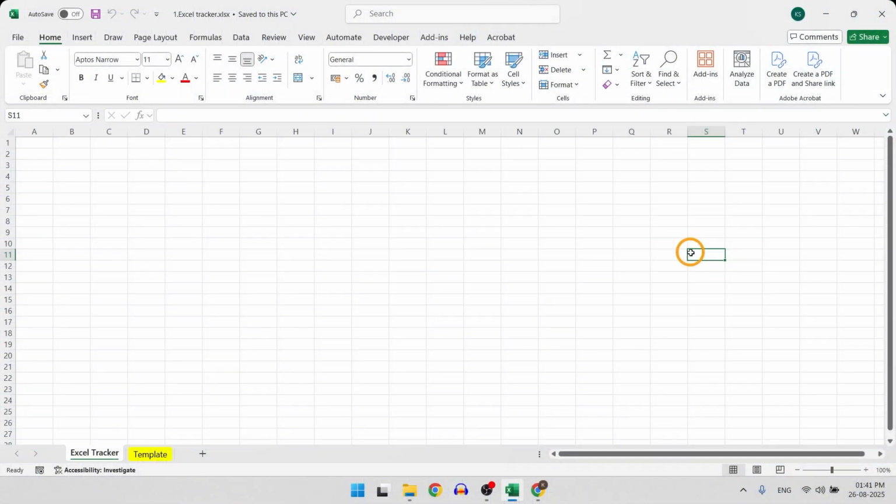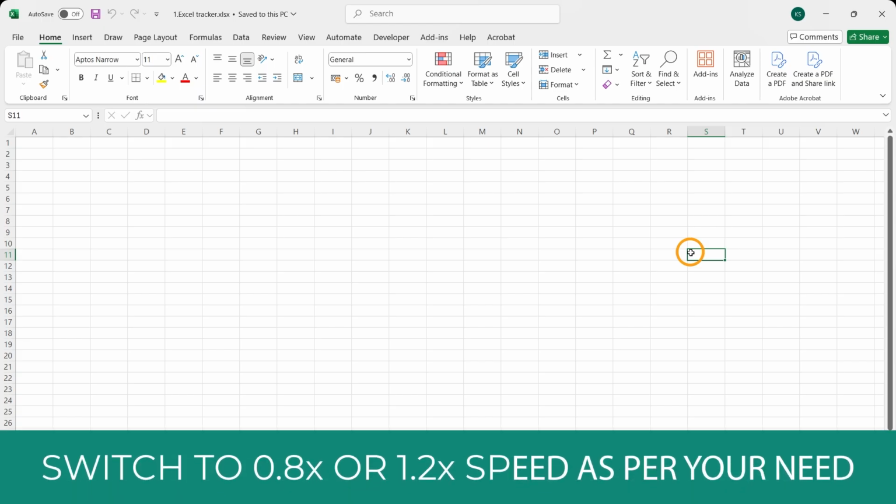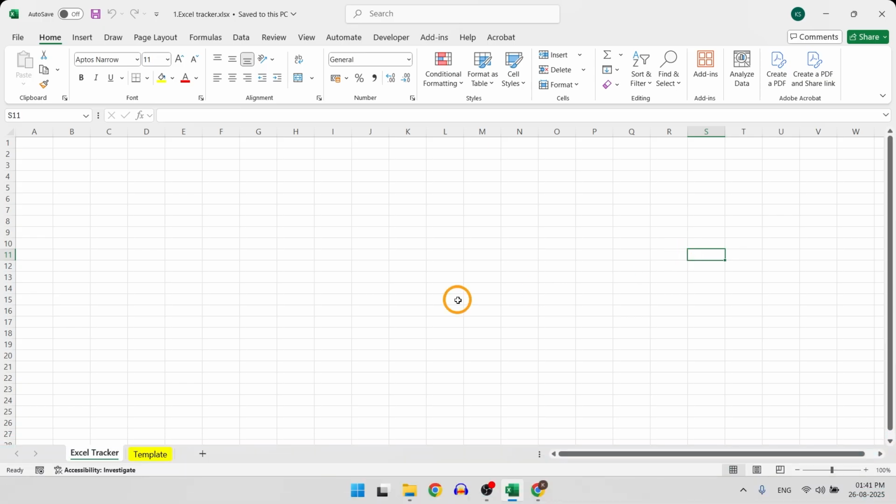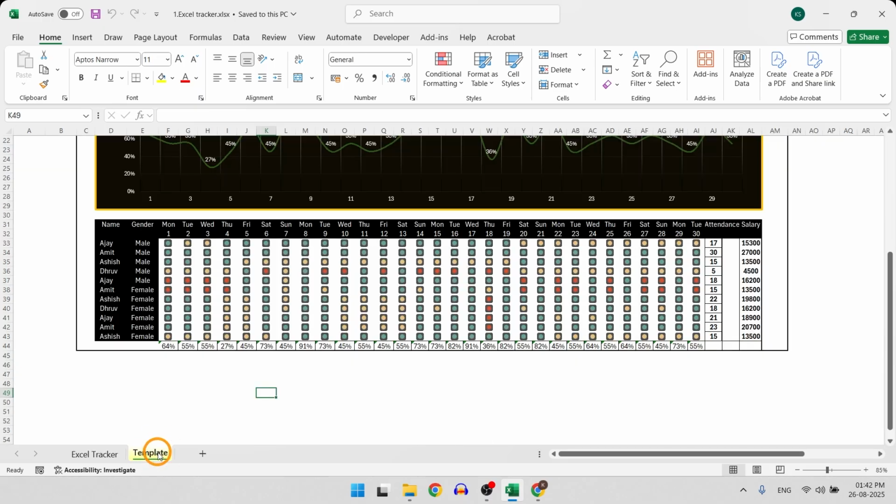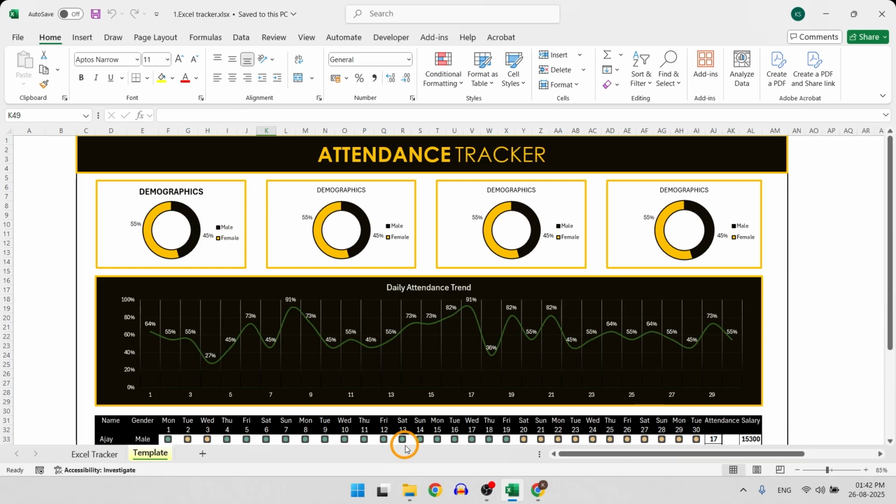Alright guys, let's build this together completely from scratch. For simplicity, I have kept things straightforward. Our focus here is Excel, not the technicalities of the tool. So imagine this. You are the Excel guy in your company. One day, management hands you a format and says, now it's your job to build it. That format is exactly what we are going to build today.